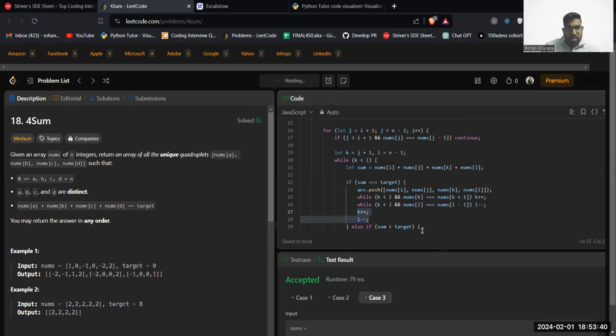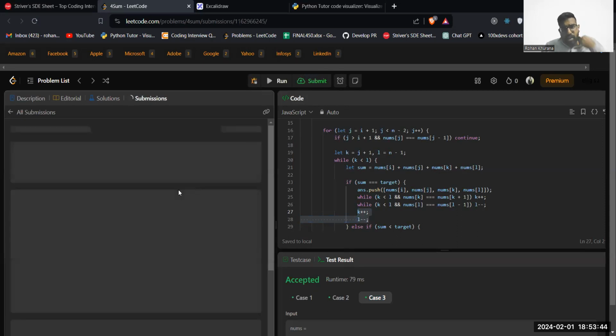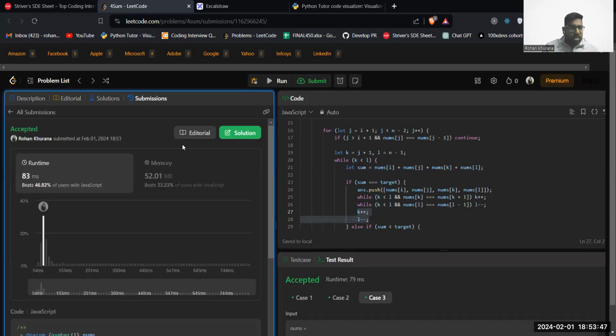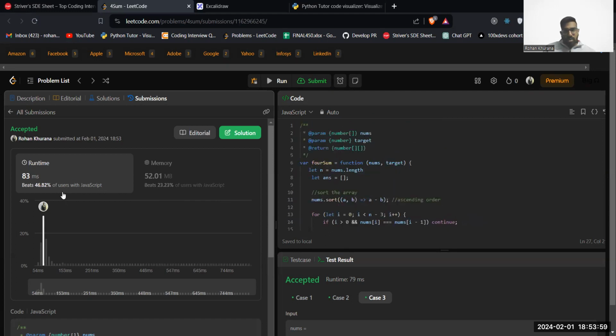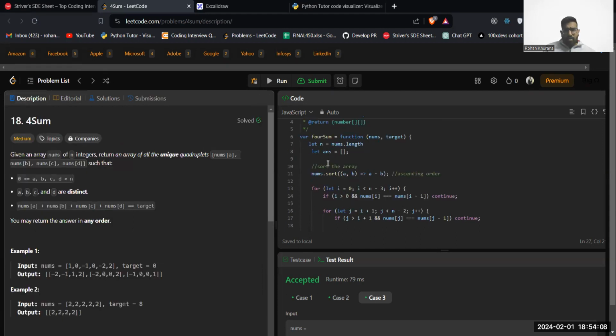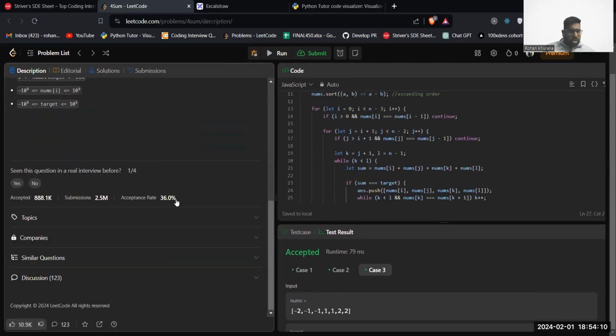Now let's try to submit. Then give me accepted and it will probably get accepted as well. Great, accepted. Beats 846. Okay, that's not correct. That's not a very good example. Sorry, a good time. But again, this runtime depends on many things on Leetcode, right? So you never have to get discouraged by seeing this. Hey, my runtime is very high. Doesn't matter. We have already solved it, right? And if you see here,